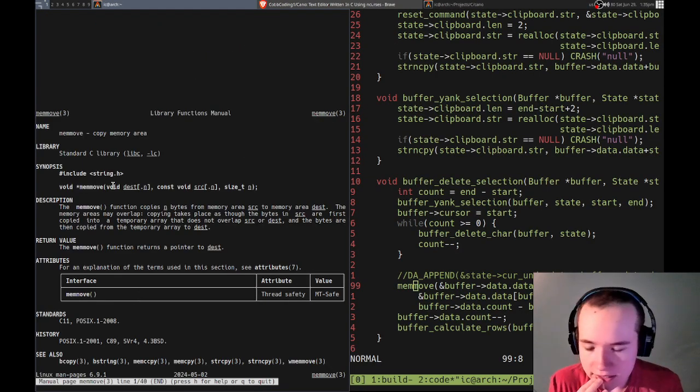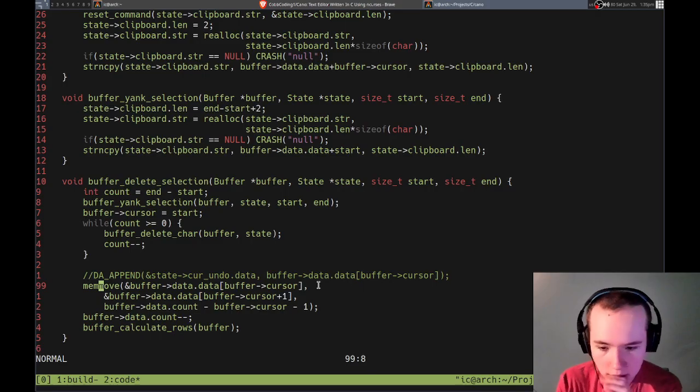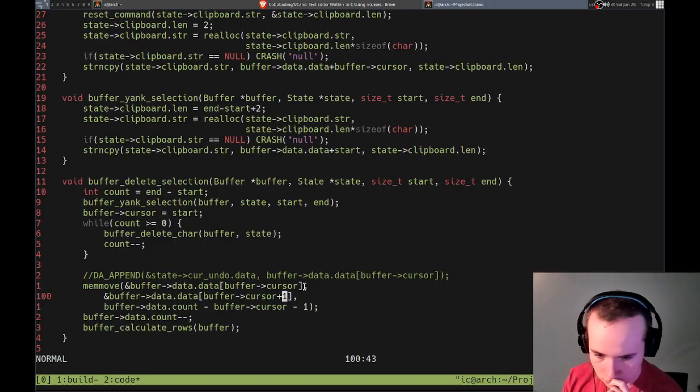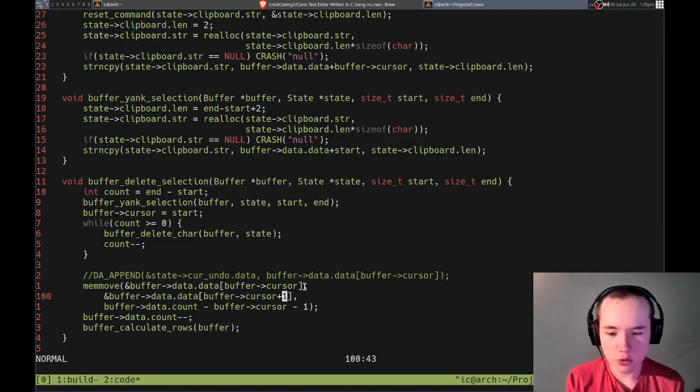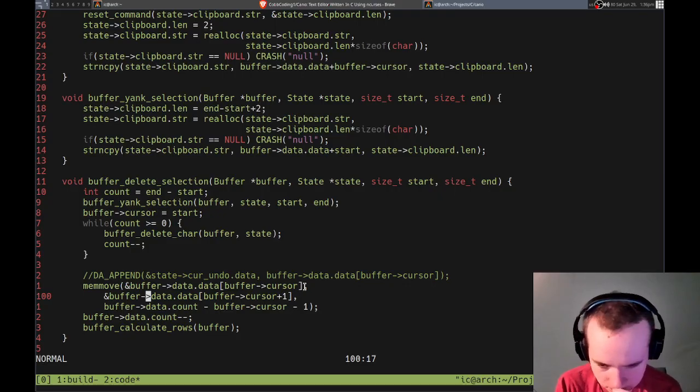Right, so dest, so we move 2 here, from there, that side. So we want to move 2 to the cursor, so that's still right. And then we want to move, not cursor plus 1, but cursor, want to move from the end to with the count. Okay, I need to think about it. So we have this one. Cursor plus one, so that is not right. We want cursor plus